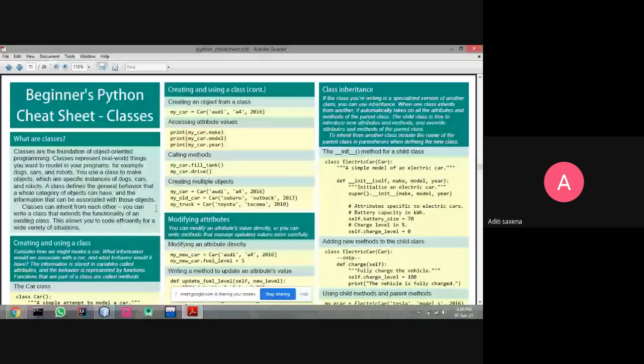If you have studied any OOPS language like C++, then you are familiar with classes. So what are classes? Classes are the foundation of object-oriented programming. A class is something like a model, and an object is made from it.